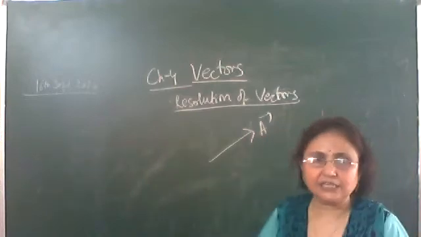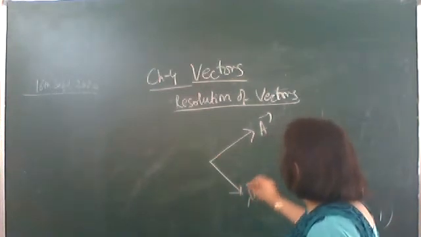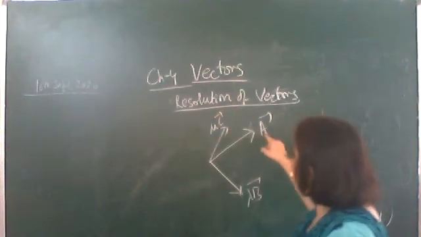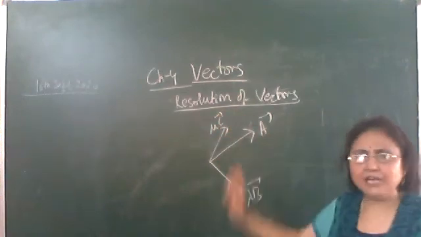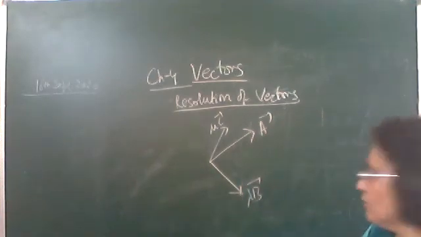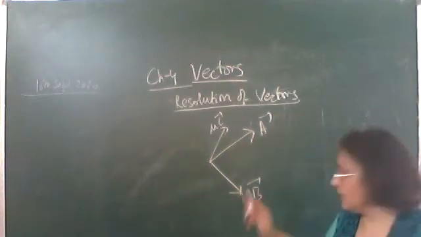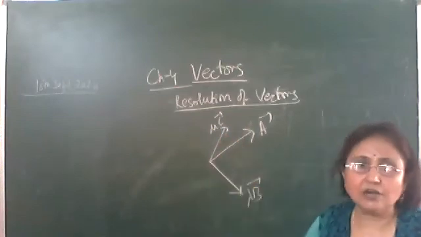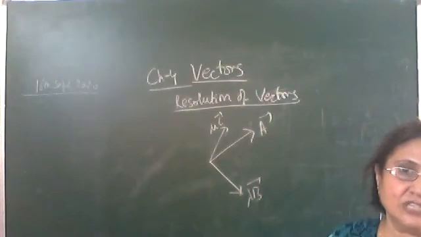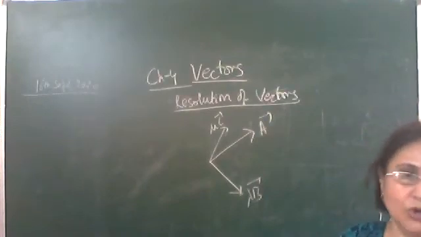Let there be a vector A and we'll split it up in two different directions. The vector A is split into lambda and mu, or some constants, maybe some number 1, 2, 3. So vector A is split in two directions, and these split vectors are called the components of the vector. And this we call resolution of vector, that is splitting a vector in two or more components.